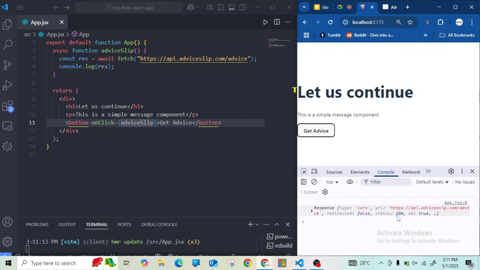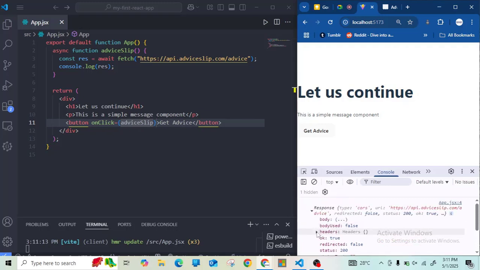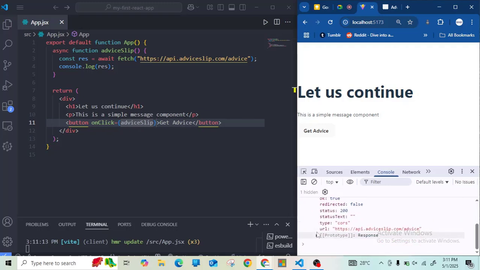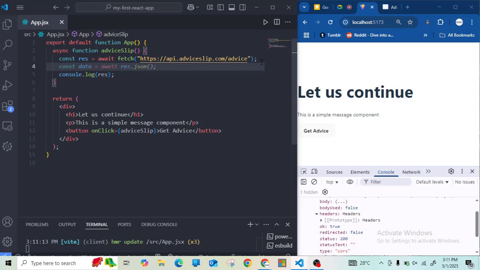We are getting the response from the API. And if I expand it, there are a whole lot of things that really do not add up. As in, it doesn't make sense to us. So for us to narrow our data down to make sense, we have to convert whatever is returned from the API